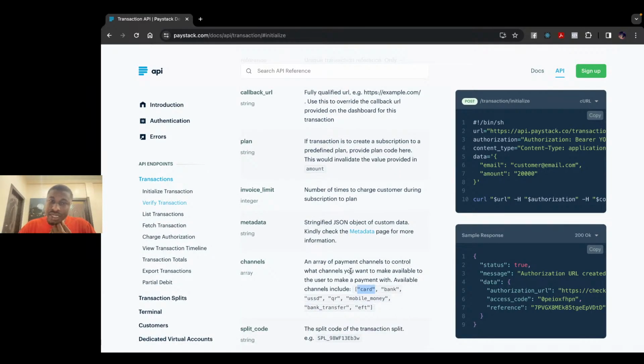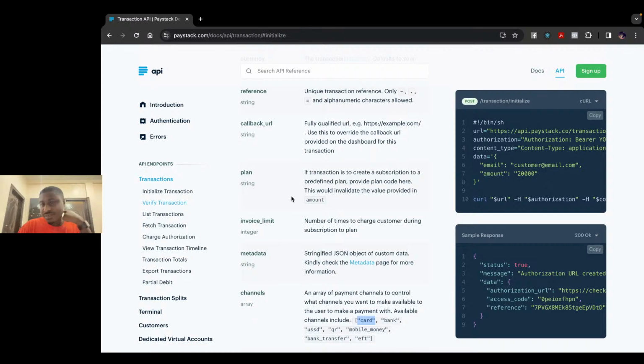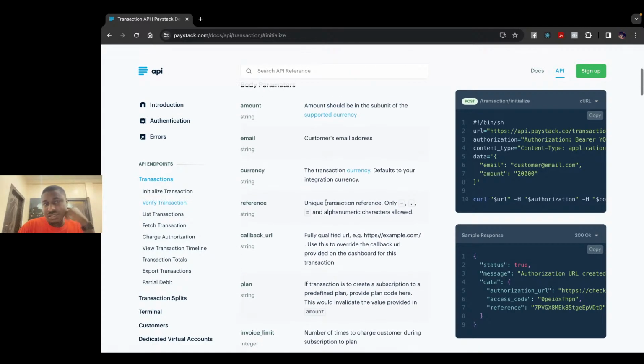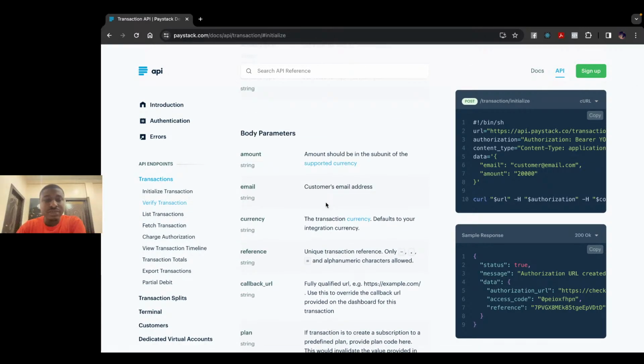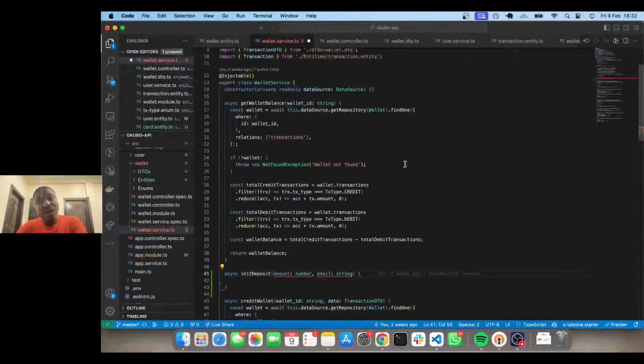Another thing that would be required is for us to provide metadata, so that way we know which wallet, which user that payment belongs to, and what type of payment is coming in. All right, moving on. Let's initialize the payment then. To initialize the payments, of course, we need the amount and the email, which we're already receiving. So let's call this